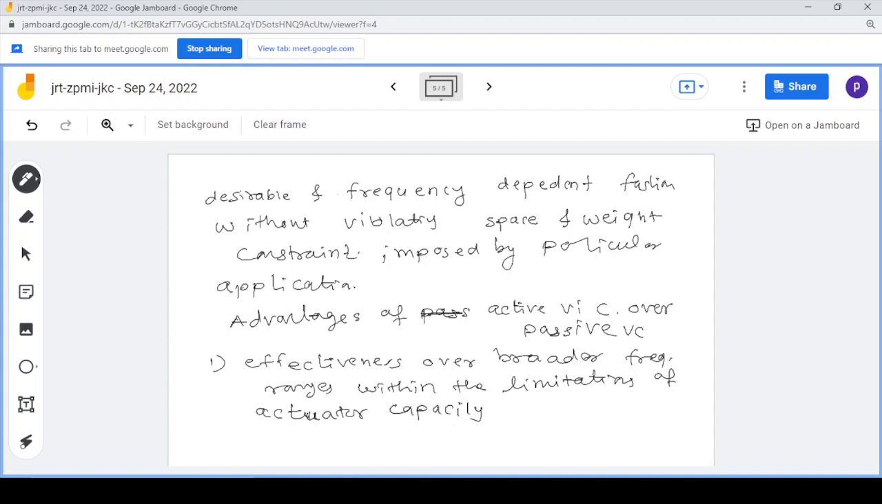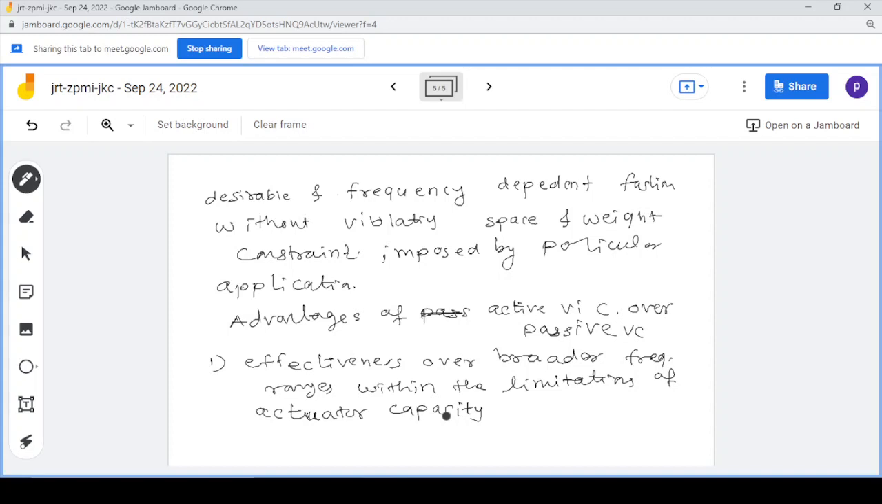So what is the meaning of this? Effectiveness over the broader frequency ranges within the limitations of the actuator capacity. So the actuator will have a certain capacity over which it is going to operate, right? And there will be a broader frequency range the instrument will have, right? So within the limitations of the actuator, we will get more effectiveness over the broader frequency range